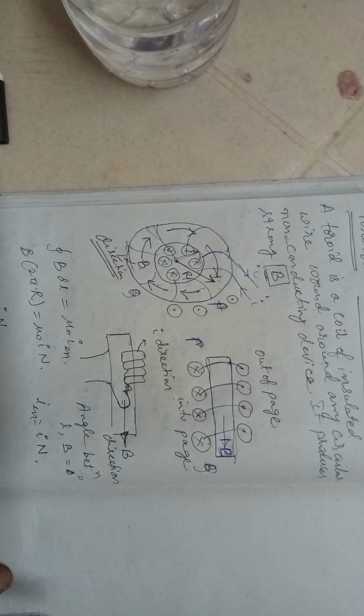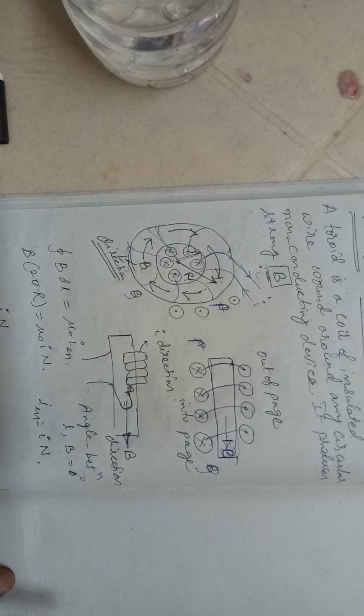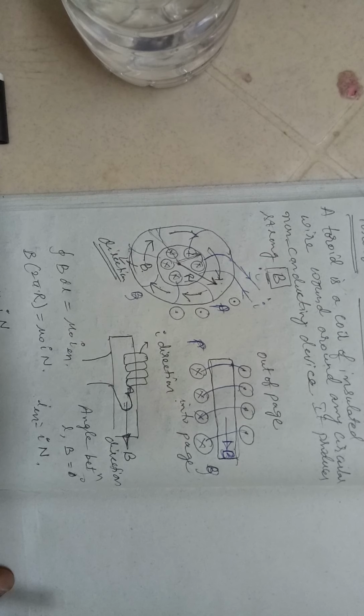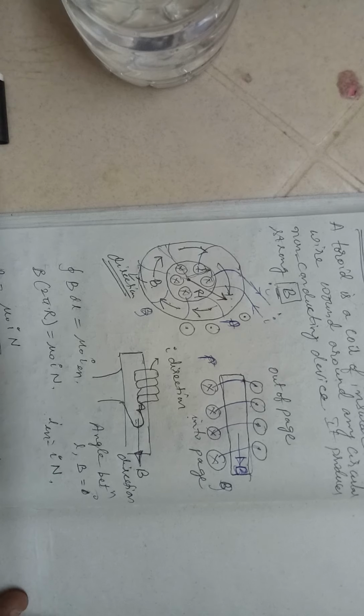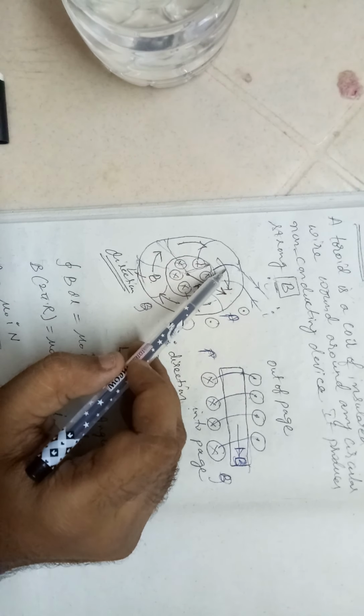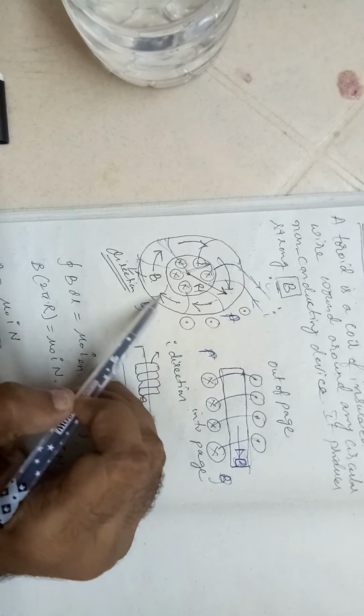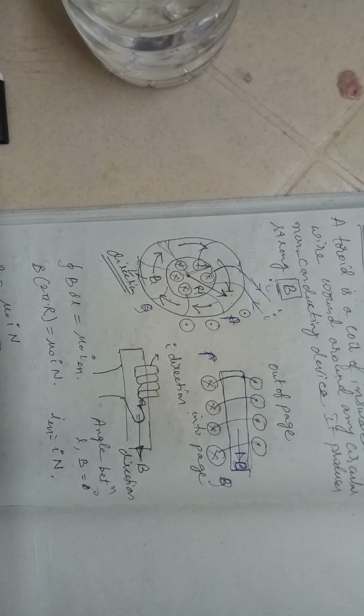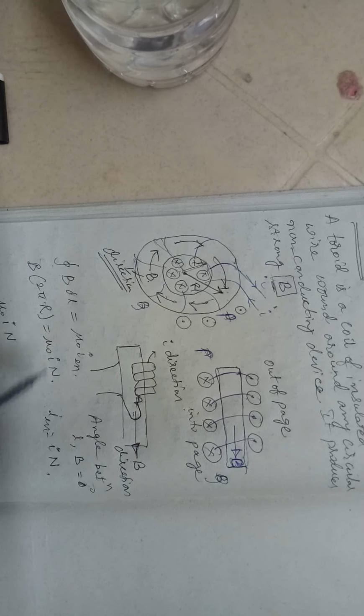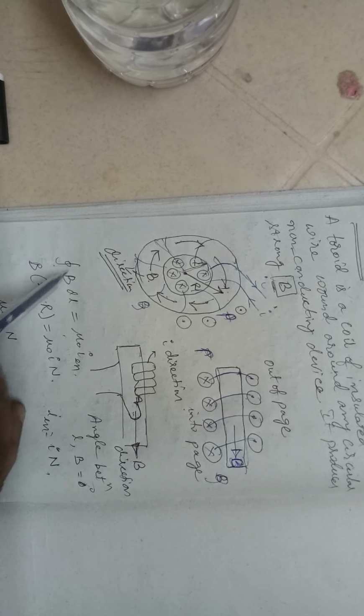So now you can apply this circuital law of Ampere's. We want to find out the total B value. So as per the Ampere rule, I will assume one Amperian surface at the radius r, a circular surface I will assume. So the closed integral of B dot dl will give me mu naught into I enclosed. So what will be this integral dl here? The perimeter, it will be 2 pi r.